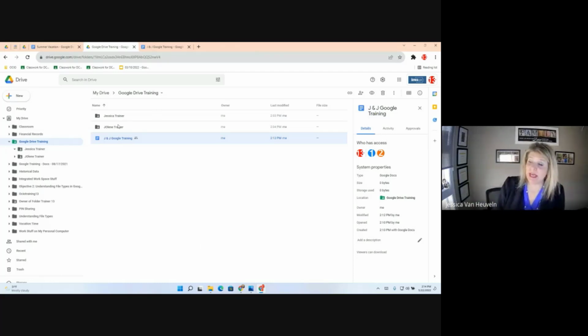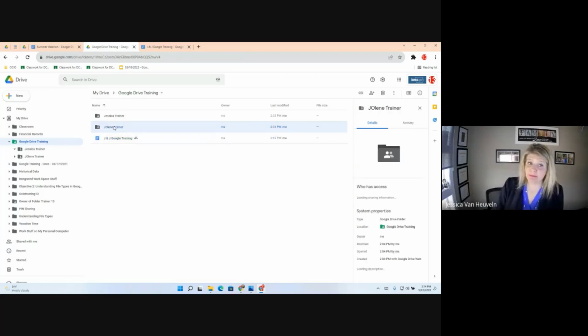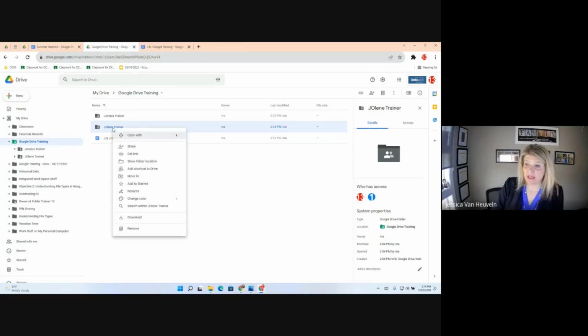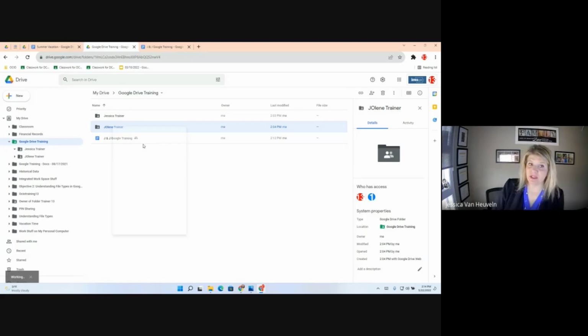Say I decided that Trainer 1 is giving me really bad input on Jolene's training folder, but I want her to do it on mine, right? I can actually restrict access as well. So you can really set granular permissions within folder infrastructures in My Drive. So we know that Trainer 1 has access to the entire folder infrastructure, right? But now I'm not trusting her input, or I don't want her to have access to